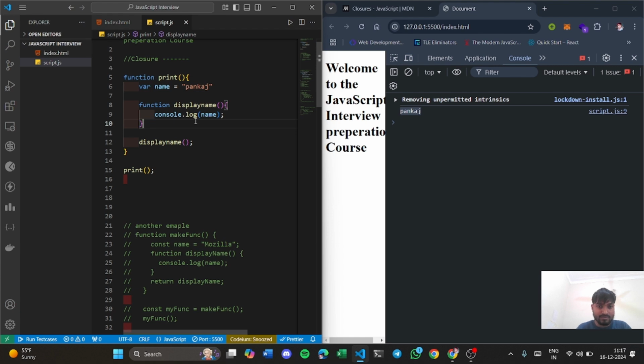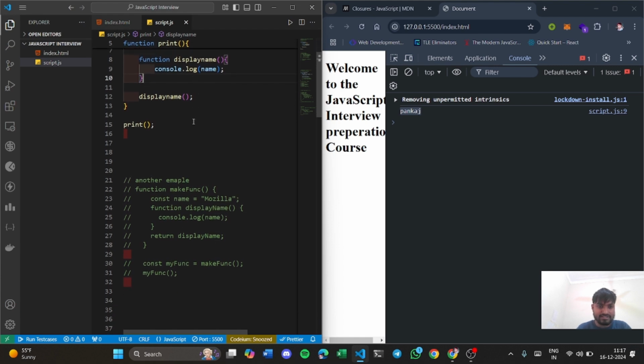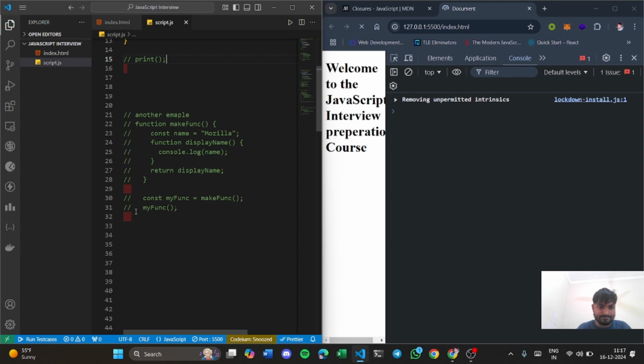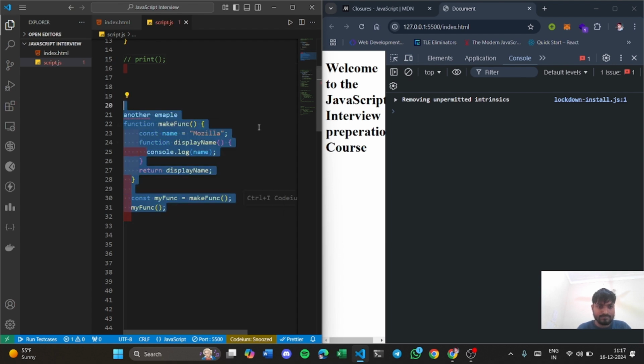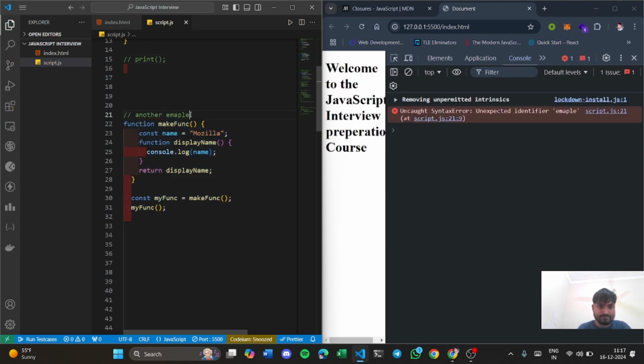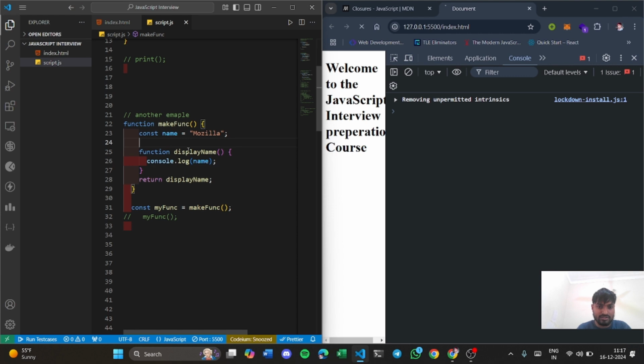For another example, let's take this one. Here you created a function myFunction, and inside that function you have created a variable named name, and also you are declaring another function called displayName. This displayName function is itself a closure, and due to the creation of the closure, it gets access to all the variables of the outer function.